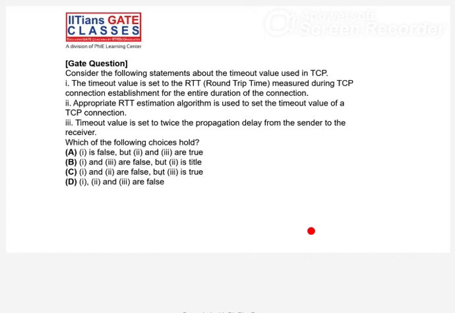And UDP is used when the size of the response message is less than 512 bytes. So if the response message is less than 512 bytes, then fine. If it is greater than or equal to 512 bytes, then TCP. If it is more than 512 bytes, then a TCP connection is used. All right, this way we are distinguishing between UDP and TCP.